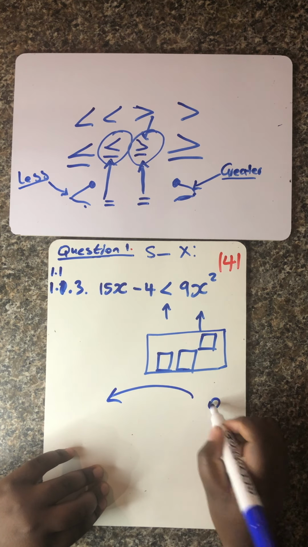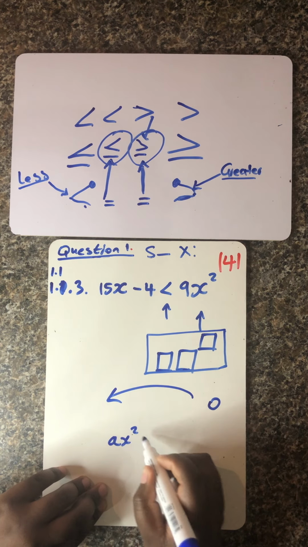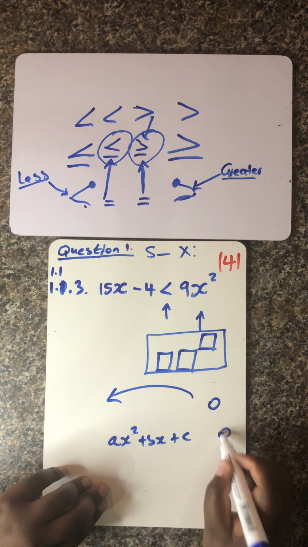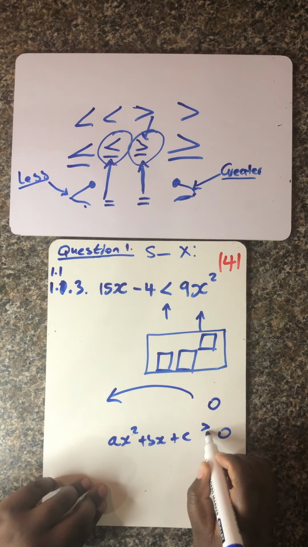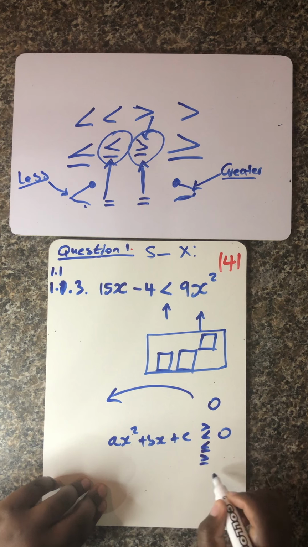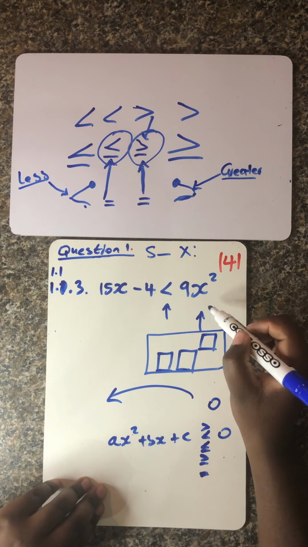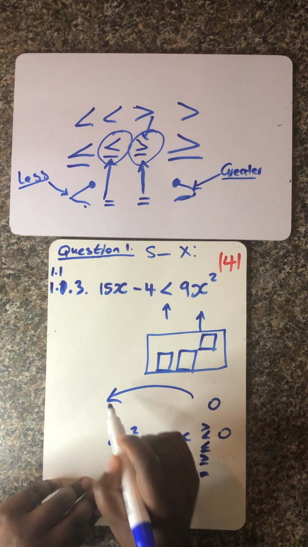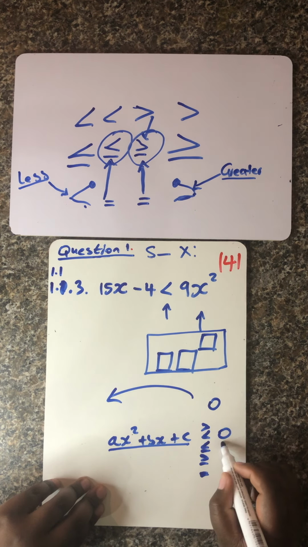You must have a 0 on the right, and again have your equation in the standard form. Very, very important, ladies and gentlemen. Whether it's an inequality sign or it's equals to, what matters the most is that the moment you have a quadratic equation, move everything to the left, simplify so that it's in the standard form, and everything must be